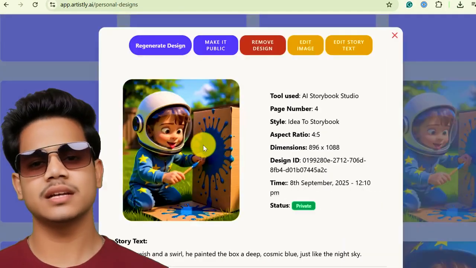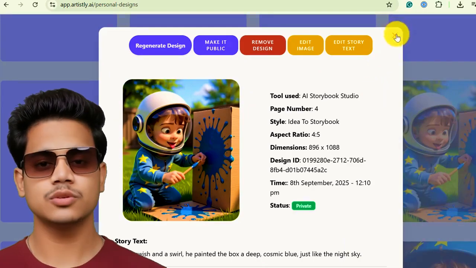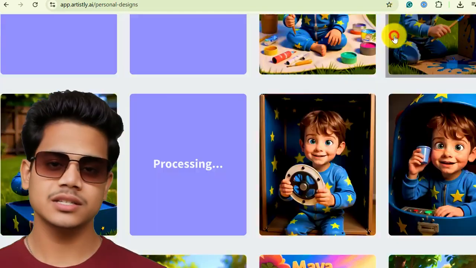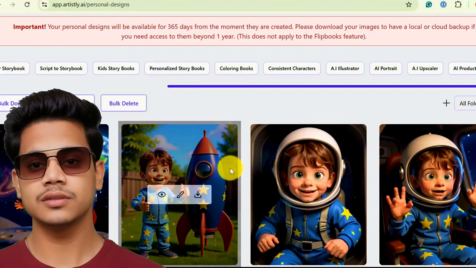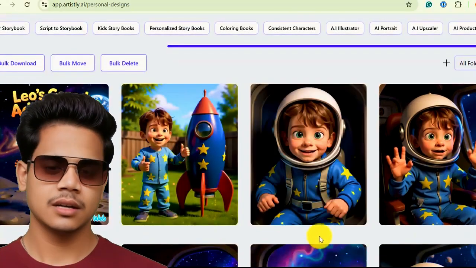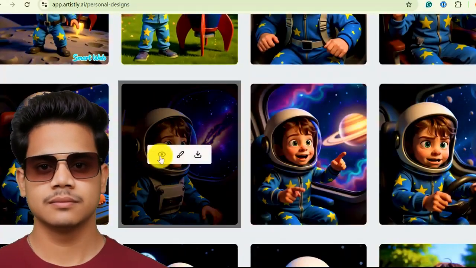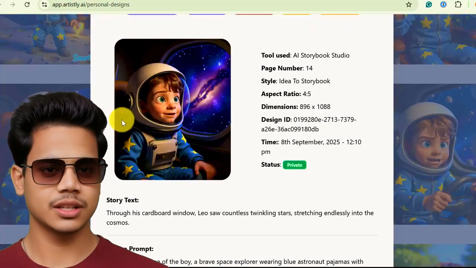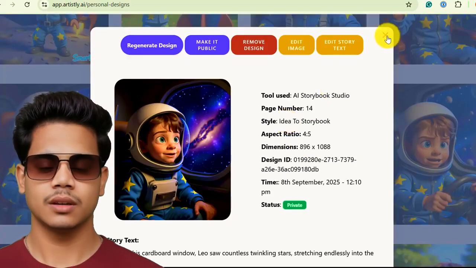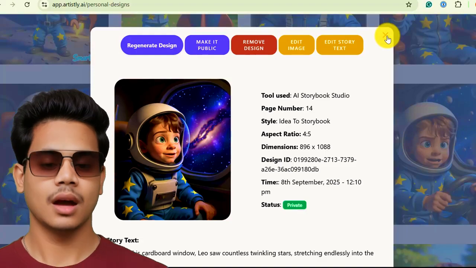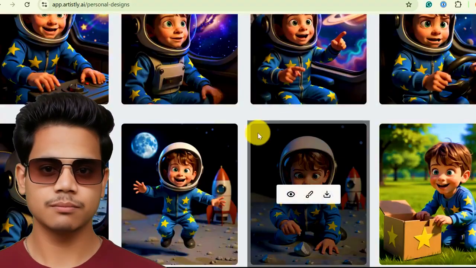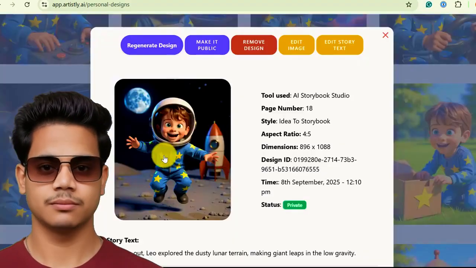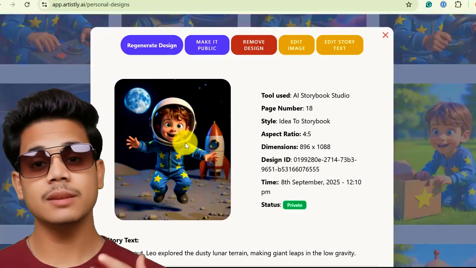Then it illustrates an entire personalized storybook from start to finish. Look at that, it is Leo perfectly captured in this wonderful illustrative style, embarking on his adventure. This is without a doubt the most heartfelt and unique gift you can possibly create. I can already see the improvement. The image quality is noticeably sharper, and the colors look much more vibrant compared to earlier versions of Artistly. Keep in mind, it is still in beta.